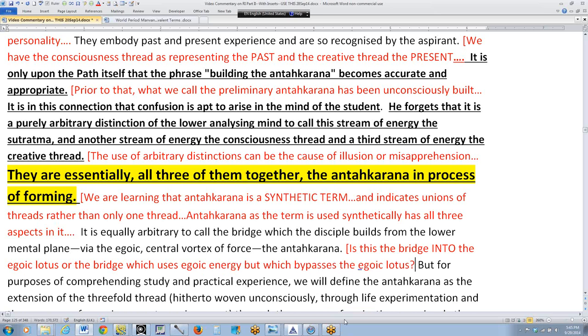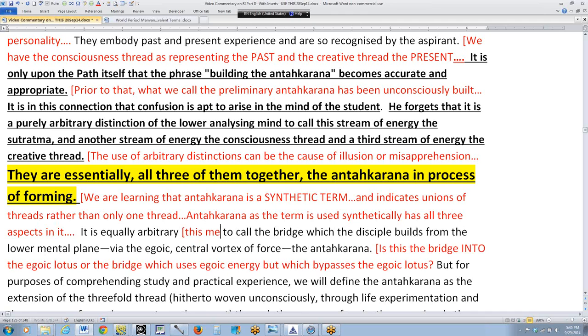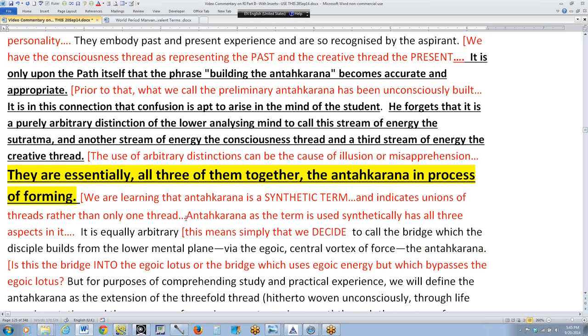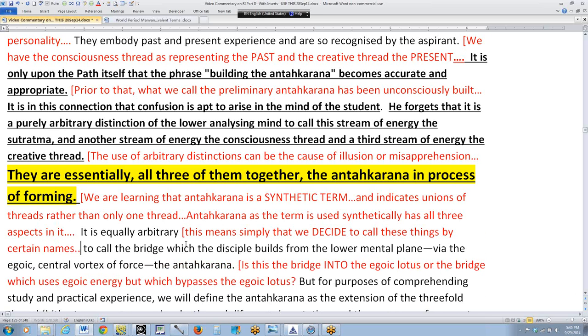Okay, so obviously we're dealing with various distinctions here which have been put forth in the teaching at various times. I mean, what DK says in one place may have to be modified when we read a little bit further on. So it's arbitrary. In other words, it's just that we decide to do it. This means simply that we decide to call these things by certain names. So it is equally arbitrary to call the